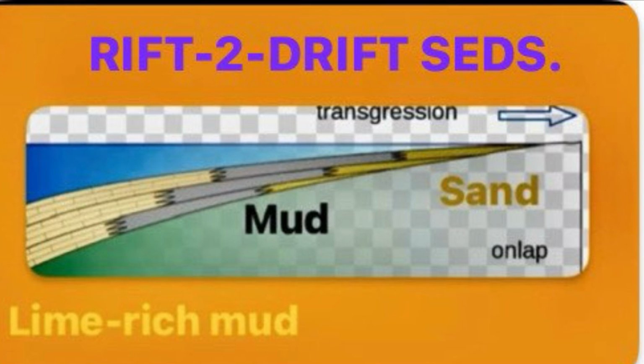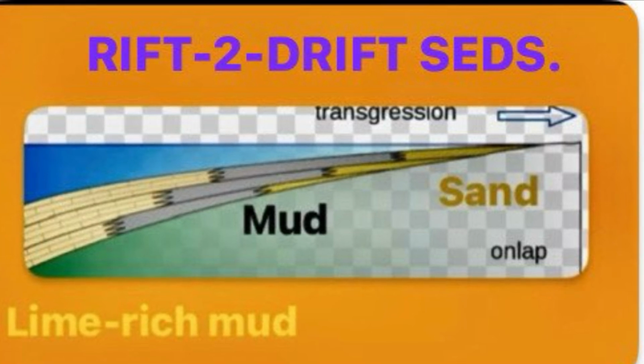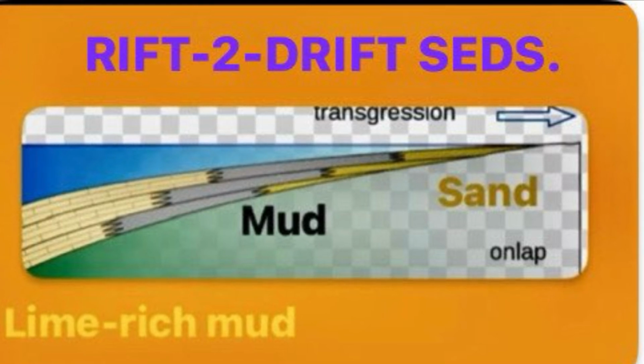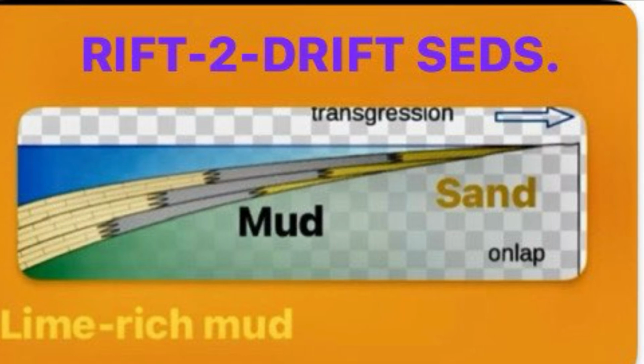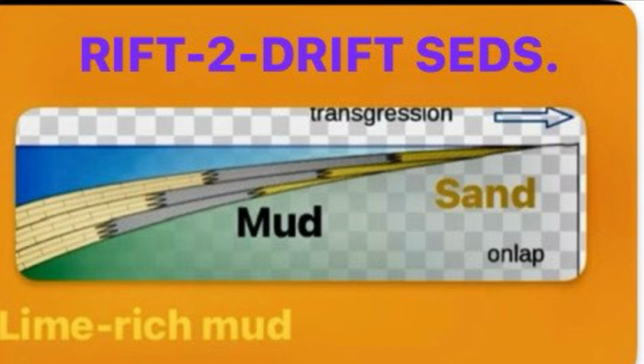First, you have the sandy coastal plain and the beaches on the edge of the continent. And as the sea rises up, it brings mud from the intercoastal waterways up on top to cover the sand. And as it continues to rise, the limey mud that's further out comes up and covers the intercoastal waterway